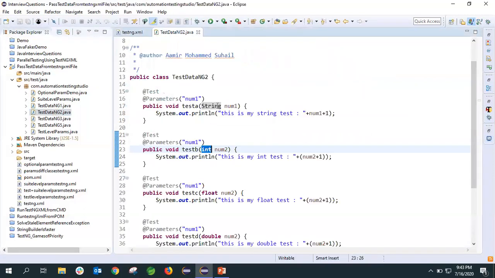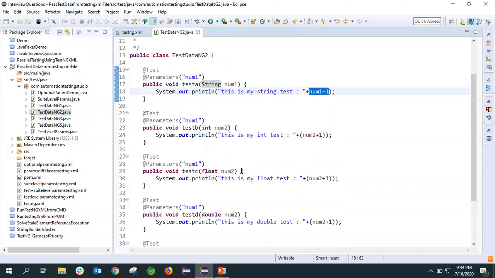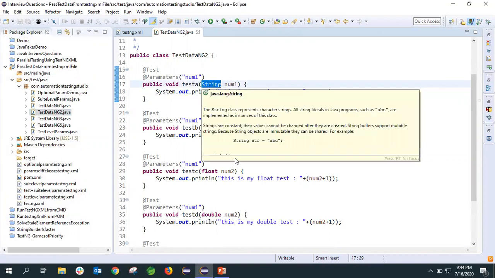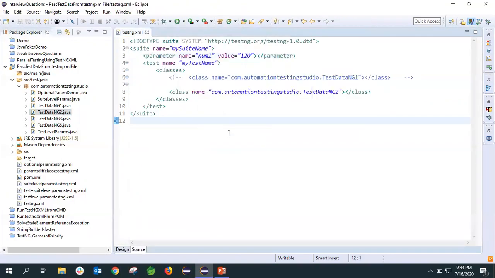For the string, it took a string and concatenated. For an integer, it performed addition. Float, double and long also performed the addition. Whatever value you pass, whether you want to take it as a string or int depends on the data type you mention in the test case. In this case, you can take different data types.